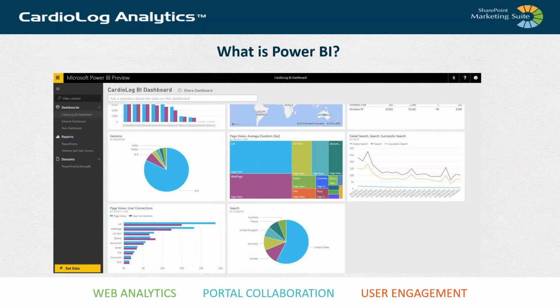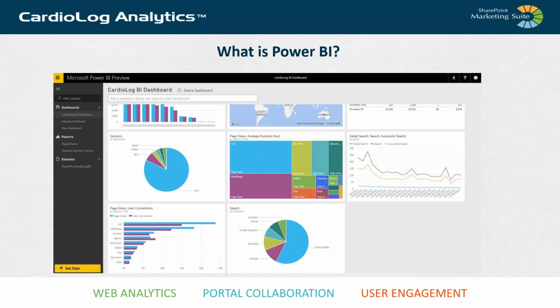So quickly, I'll just go over what is Power BI in case you don't already know. Power BI is a cloud-based business analytics service enabling anyone to visualize and analyze data with great speed, efficiency, and understanding. So for SharePoint administrators and decision makers, this can give you a 360 view of your portal all in one dashboard. And there are really a lot of nice features included in BI, such as setting up mobile alerts